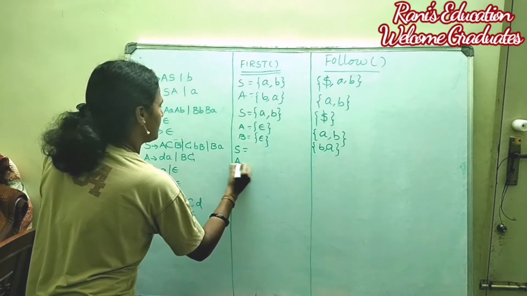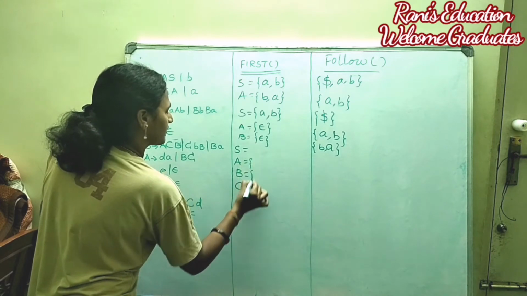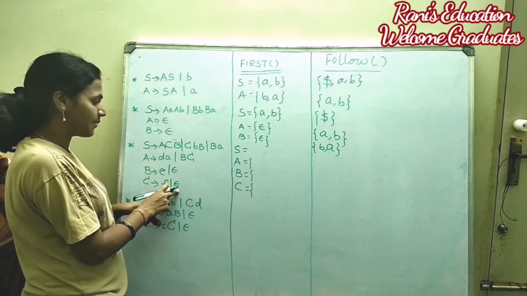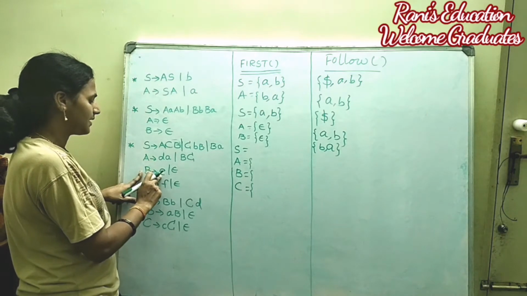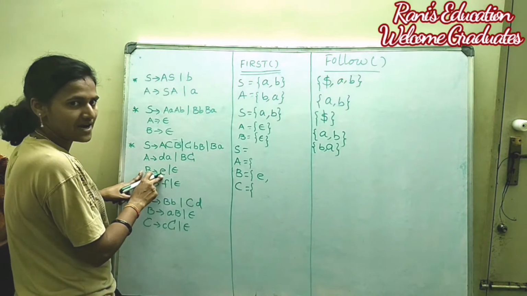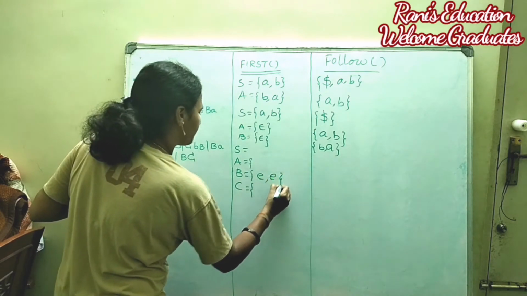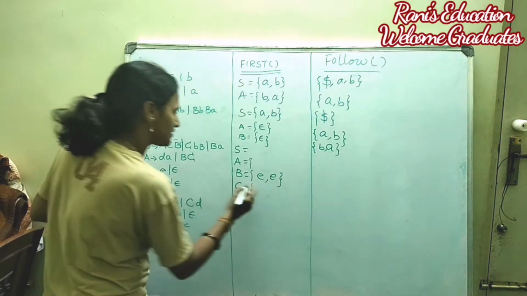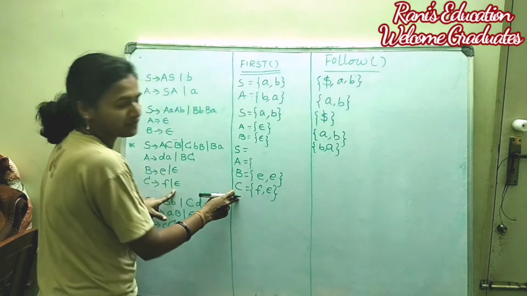S, A, B, C. So friends, we have to observe there are two epsilon productions in this grammar. So for that I am going to compute the first function. First of B is e or epsilon. Why? Because in the first production the RHS starts with a terminal e, so that becomes first of B, and epsilon as well. Go for C. Here C starts with a terminal at RHS, that is f. Epsilon is one of the possible terminals for first of C.